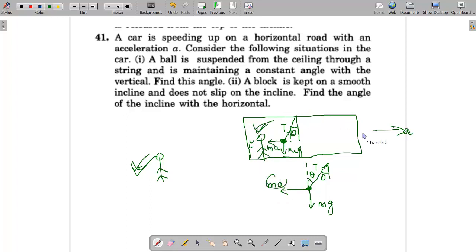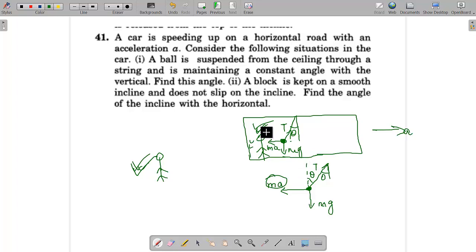That's why you have applied a pseudo force here. If you would be assuming with this person, then the same forces will be acting in a different way: tension and mg, and there is an acceleration in this direction of a on this ball. So we'll not use this. This is also simple only in this case, but things may get complicated if you are using inertial frame of reference sometimes. Understood? So what we will do is we'll use this non-inertial frame itself.